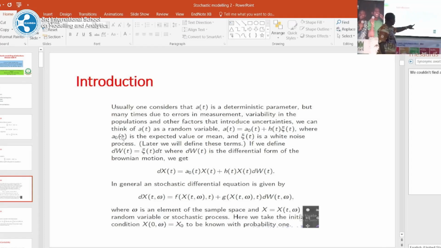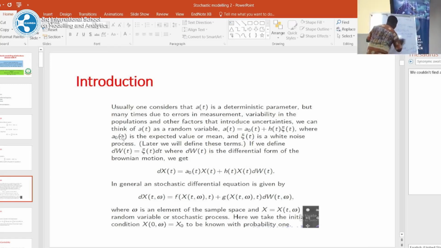Now, which means that the A naught here is due to what we have done to A of t. We are now going to multiply. Since A of t is equal to A naught plus h of t psi of t, for us to have A of t times x of t, we are going to have A naught plus h of t psi of t